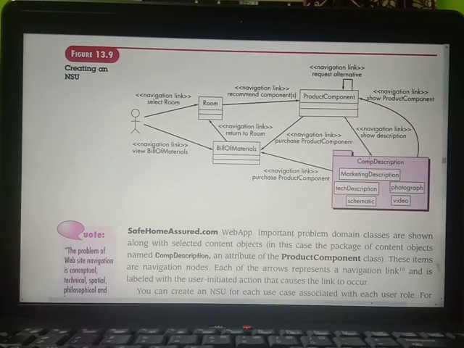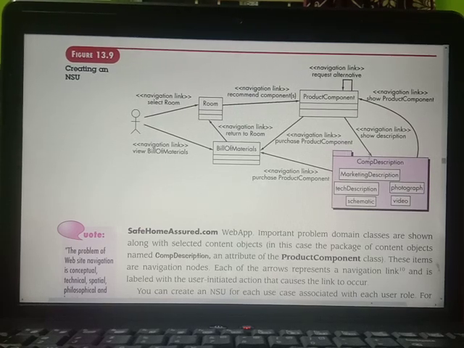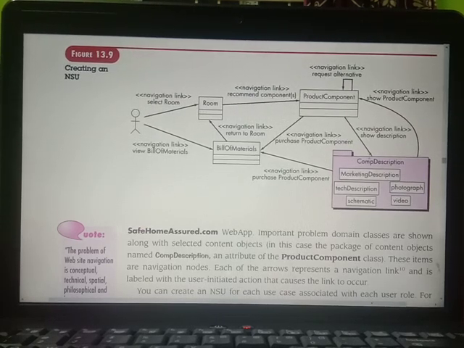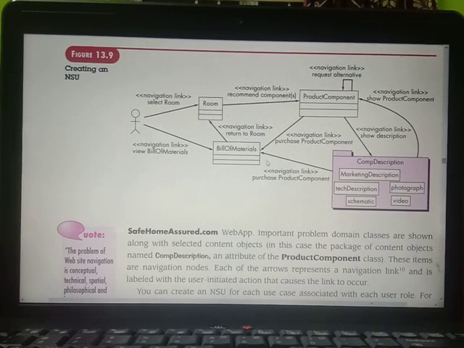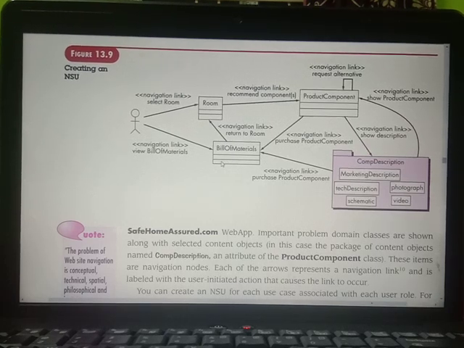And if the user selects the room, from the room it will go to the product component, and the actor will take the navigation into the bill of materials to take the billing. From the bill of materials it may enter into the room, the link may go from product component to purchase, and the link coming from the bill of materials is again from component description to purchase the product component. That is in this SafeHome software, how it is going to be used for navigation links, that is called navigation semantic units.